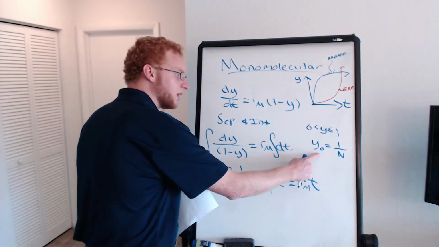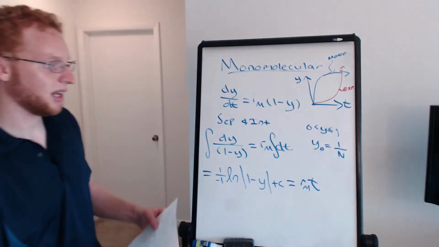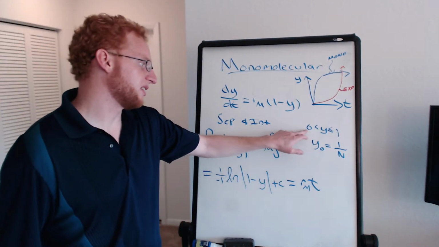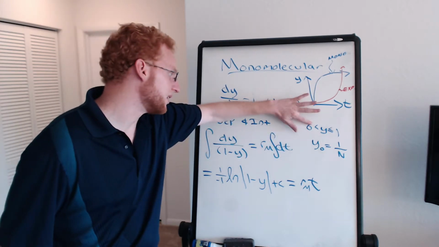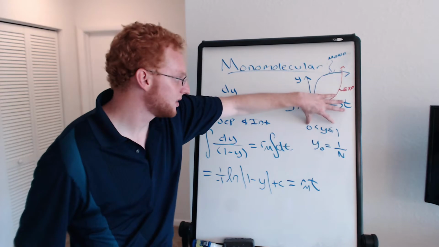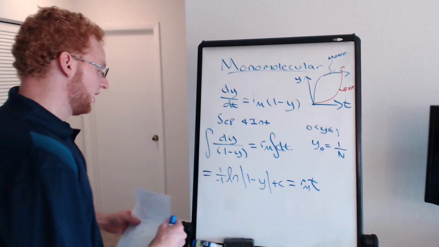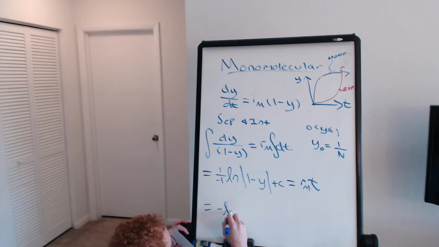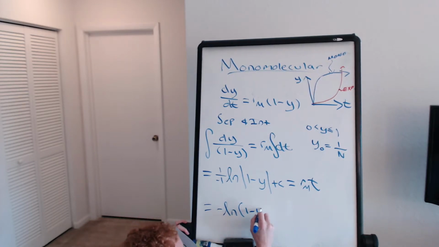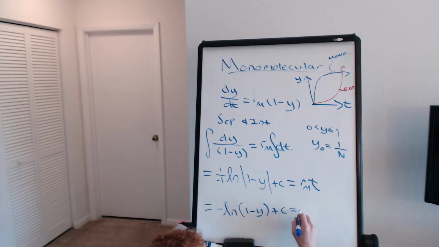You have to have at least one infectious individual at the beginning. And so y naught can never be 0. And if y naught can never be 0 and it has to increase monotonically, this sort of makes sense. And so clean this up. Negative natural log of 1 minus y, getting rid of the absolute value symbol,